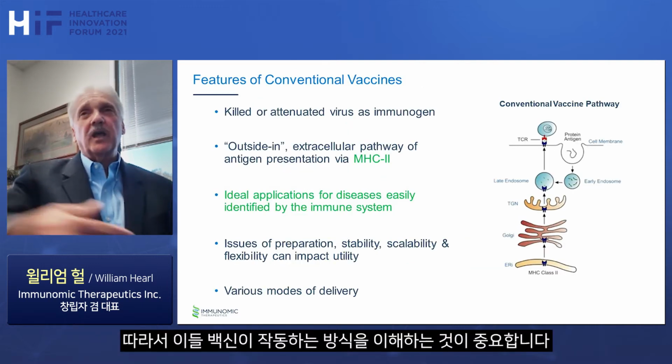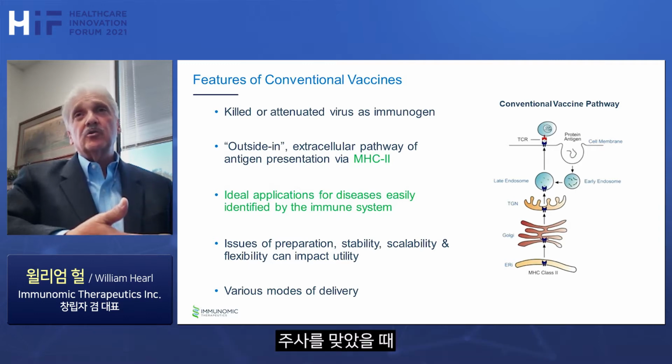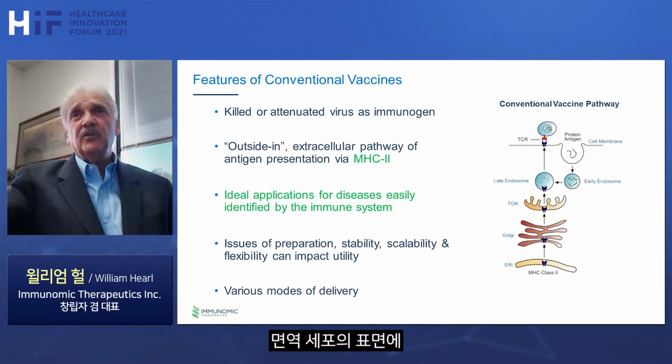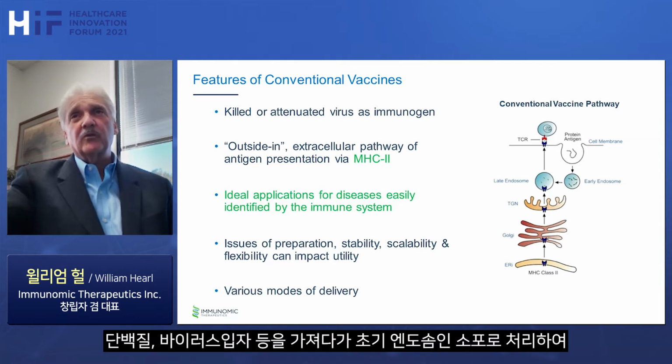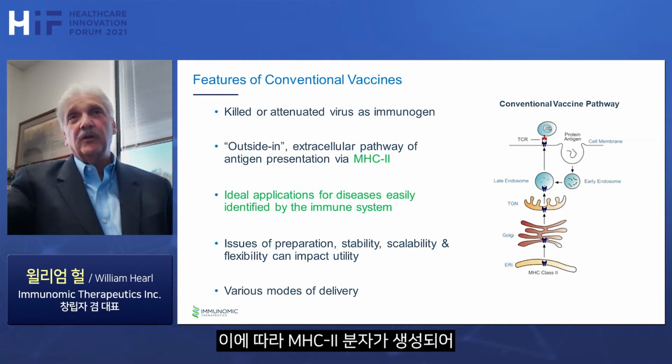So it's important to understand how these vaccines work and how this actually results in immune activation. If you have an injection, a shot that delivers attenuated virus or killed virus or even protein antigens, what happens is at the cell surface of immune cells, such as your white blood cells that are attracted to the scene, they pick up these proteins and virus particles and they process them into a vesicle, the early endosome, which merges with components that are coming through the new protein manufacture pathway